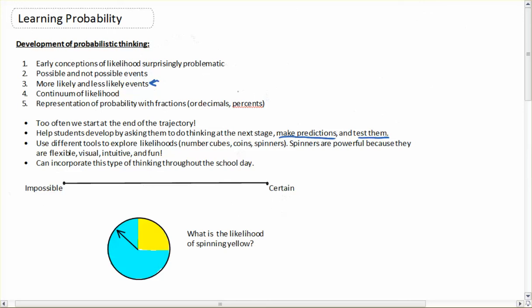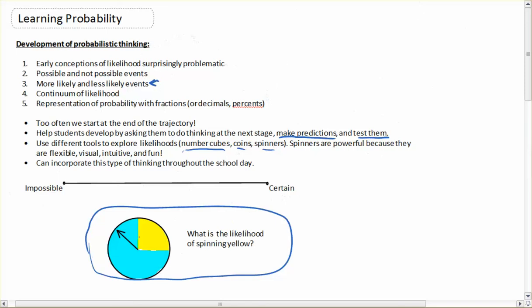We can use different tools to explore likelihoods. We can use number cubes or dice, coins, spinners. Spinners have some very nice things about them. They're powerful because they're flexible, visual, intuitive, and they can be fun. For example, if you take a look at this spinner down here,